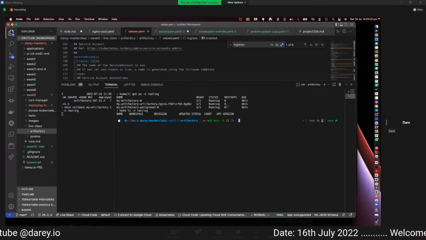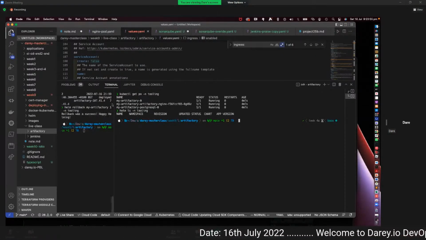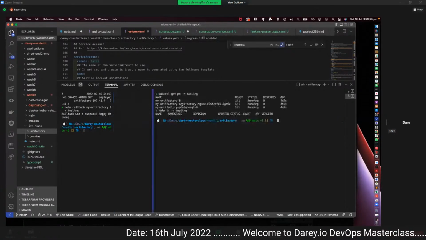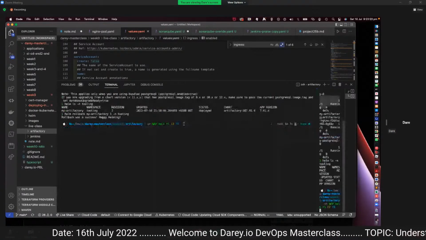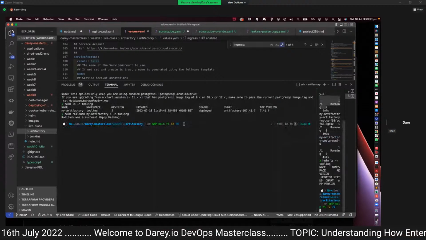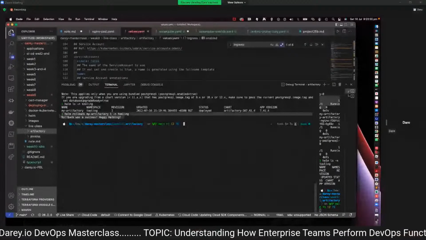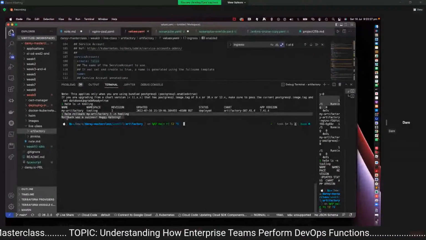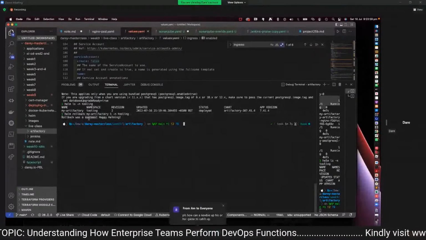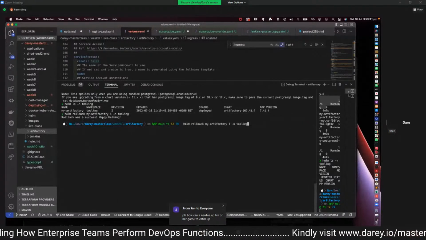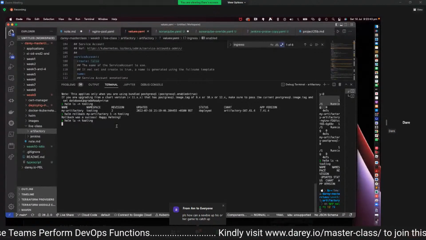Okay, it's not returning anything. Okay, so that has returned. What I want you to notice here is the helm rollback command says rollback was a success. Happy Helming. So if we now go back and do helm ls,